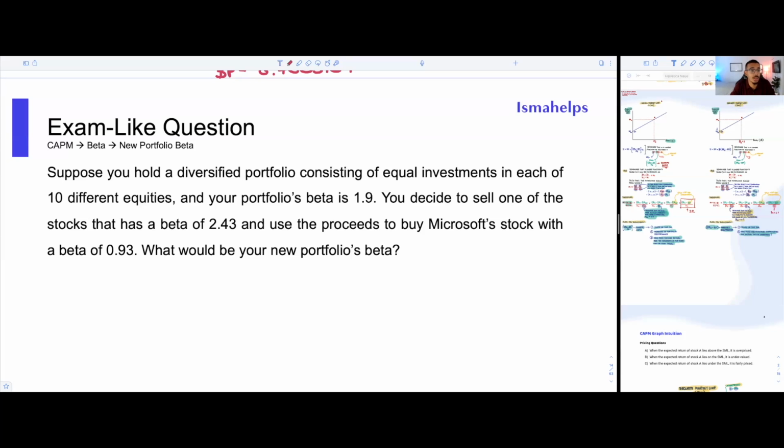So this is yet another question that touches on the capital asset pricing model chapter for an introductory finance class, or even an MBA or a first level CFA. Now, there's actually a pretty easy way to go about these new portfolio beta questions. I'm going to give you the frameworks and the steps to take if I were studying